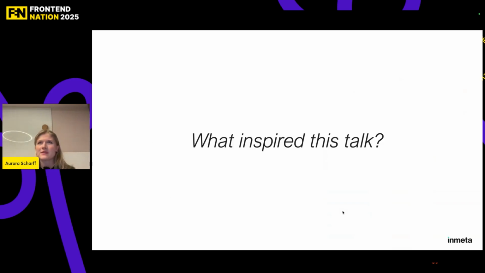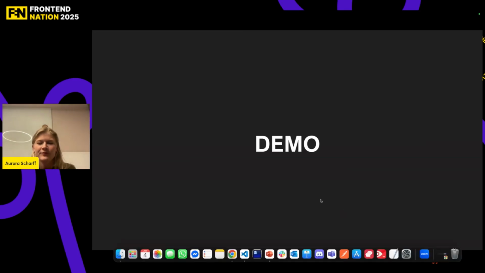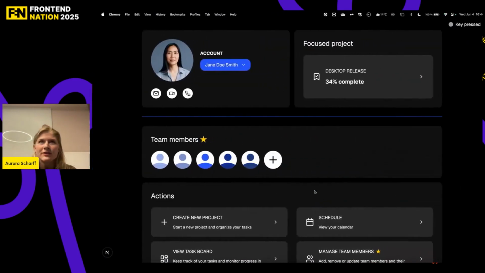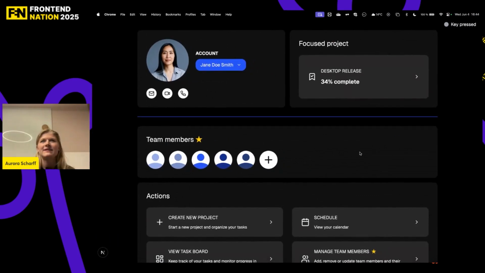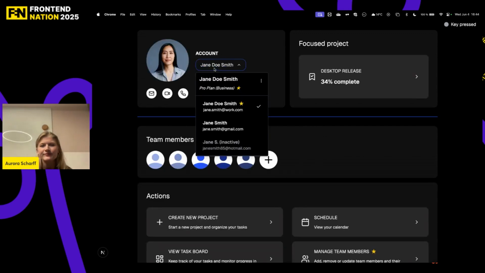And on that note, I was initially thinking of telling a story of the inspiration behind this talk. But let me rather show you and just jump right into the demo. So what you're looking at here is a project dashboard demo app with an account selector. So you'll see I have an account selector here. And this is now based on a real feature I built for my current project, which is the inspiration behind